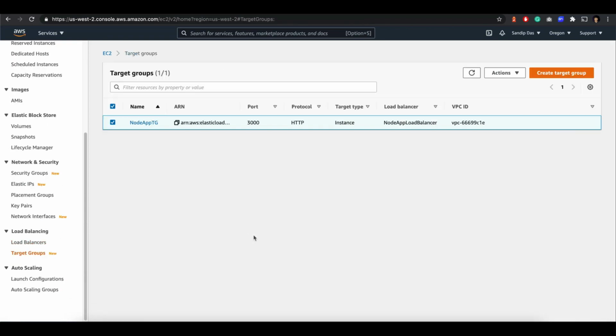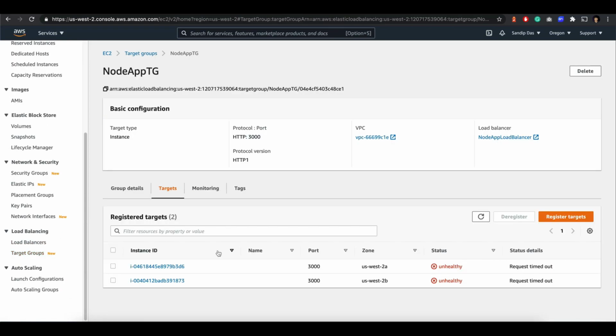Let's go to target groups, this one. Request timeout. So somehow requests are timing out on the port they're saying, but it should be working fine. Let's find out what could be the issue. Maybe it takes some time to ping and all.